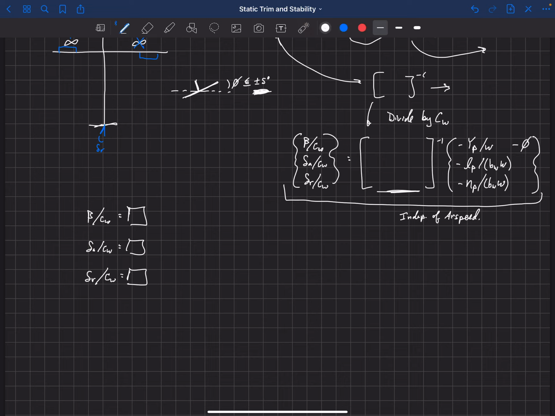Let's look at another. Actually, we can just write out what this is at our saturation point. So at our saturation point, this is when my control deflection is saturated. It's at its maximum deflection. Then this ratio I can write as delta A saturation divided by the weight coefficient, and instead of that I'm going to multiply it by 1/2 rho v squared SW over W. Okay, so that's the same as dividing it by the weight coefficient. So that's this ratio here. I've just rearranged it and plugged in my saturation value.